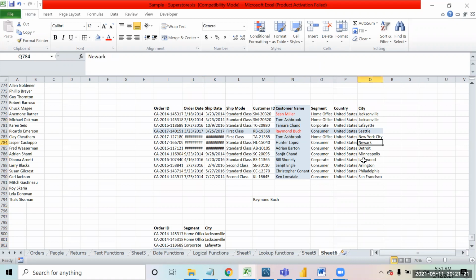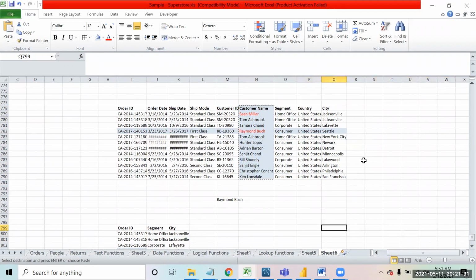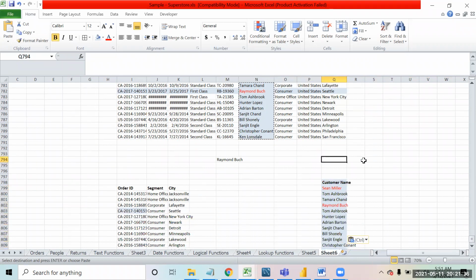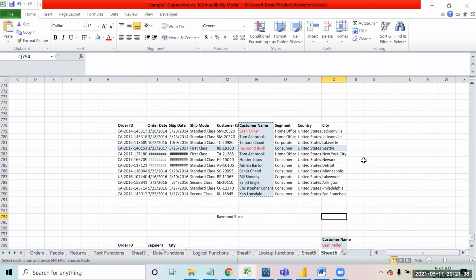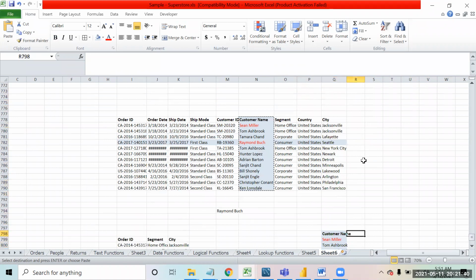Shall I move ahead? Now, this is again a question that you all will be doing. I am giving you all a customer name. This is what you all have to do. These are the customer names. For each customer, you have to tell me which order he placed. You have to find his order ID and you have to find his city. So can you please do this?